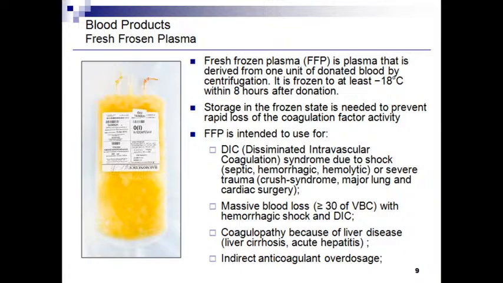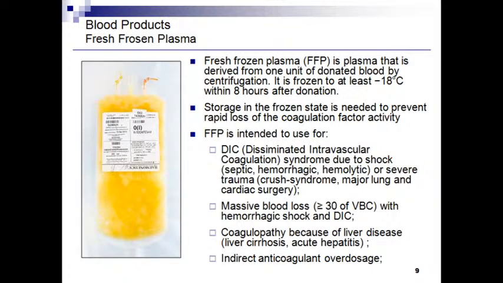This is a clinical syndrome which complicates various critical states such as shock, for example septic, hemorrhagic or hemolytic, or severe trauma, for example crush syndrome, and major lung and cardiac surgery. Actually, any major surgery can be complicated by DIC, and we should be ready for treatment of DIC